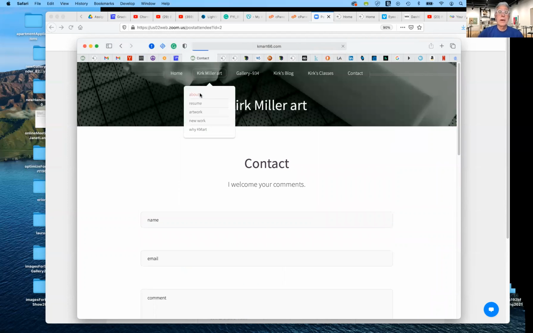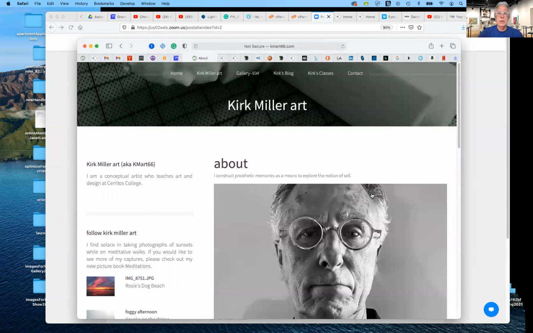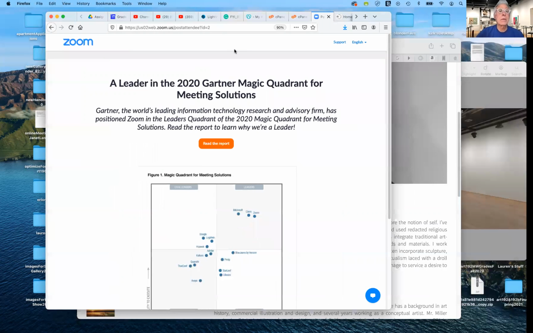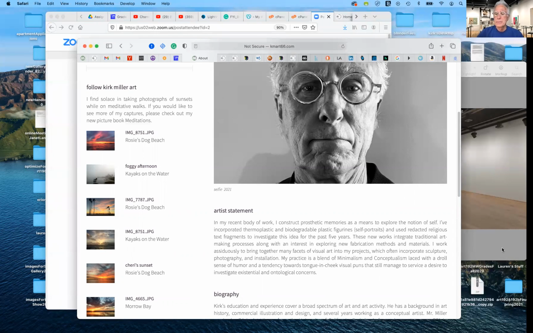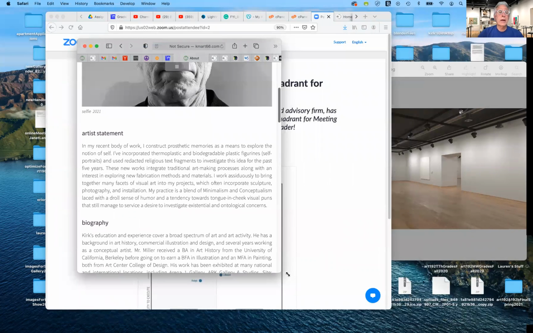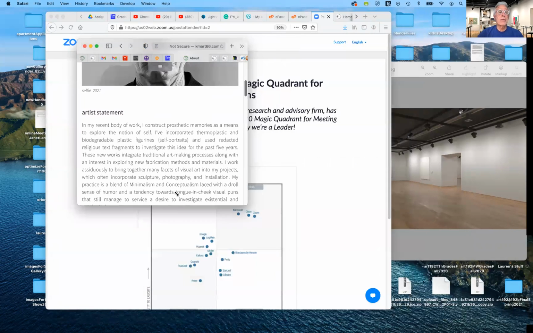Okay, so if I go to my About page, for example, this is what it looks like on a large screen. But what does it look like? Whoops, I clicked on the wrong thing here. Let's go back here. There we go. It looks fine on a large screen, but what does it look like on a smaller screen? And eventually, when it gets on a small tablet or on a phone,